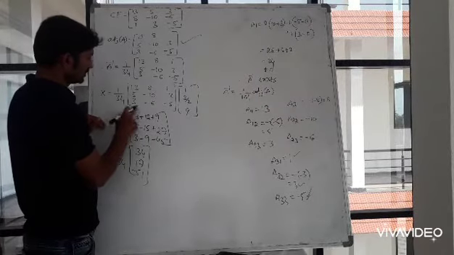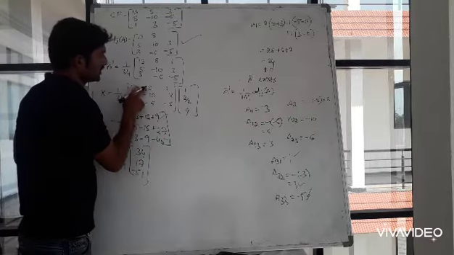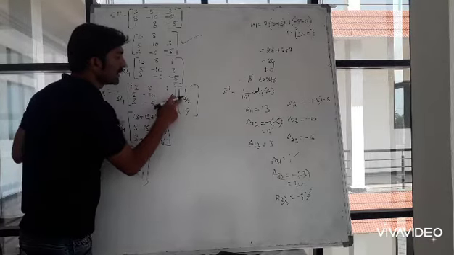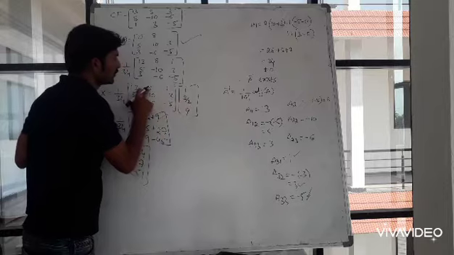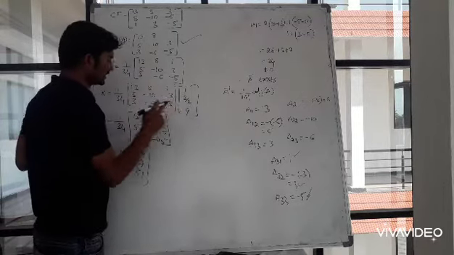Write down the first row, column. So 13 into 1, 8 into 3 by 2. 2 4s are 8, so 4 3s are 12, we will get. So 1 9s are 9.